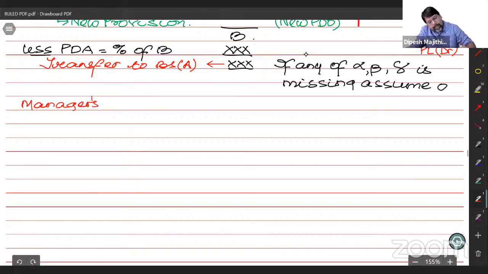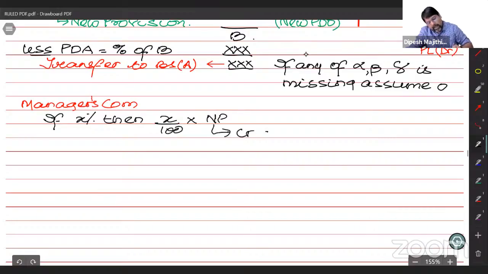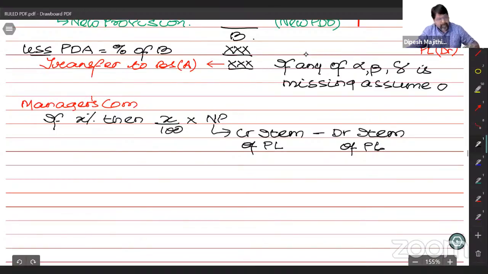Manager's commission. If X%, then X by 100 into net profit, that is credit item of PL minus debit item of PL. Correct? If X% after charging such commission,